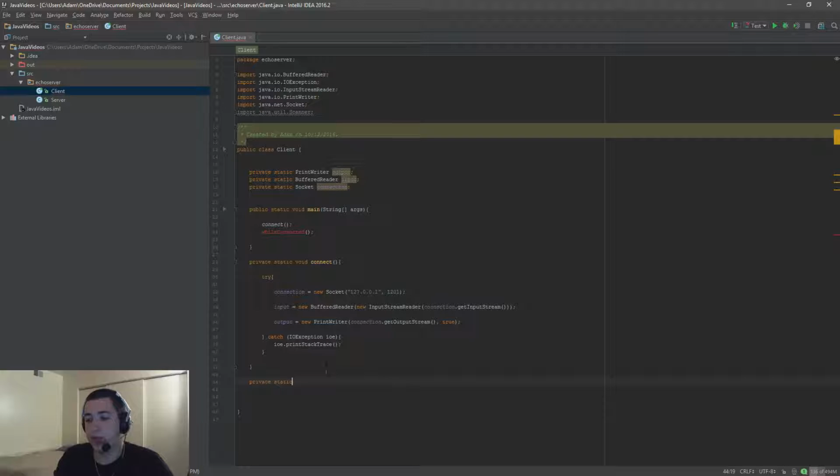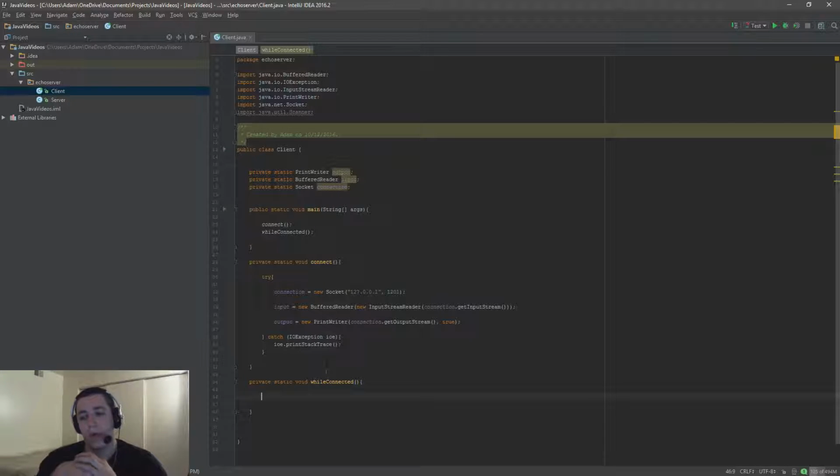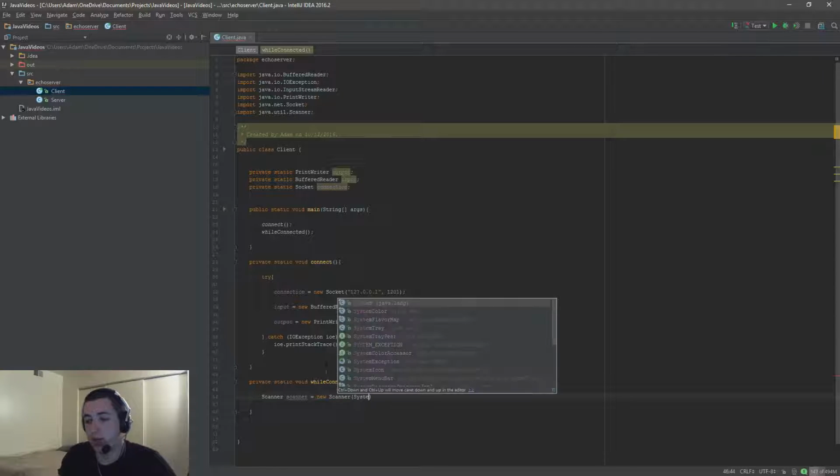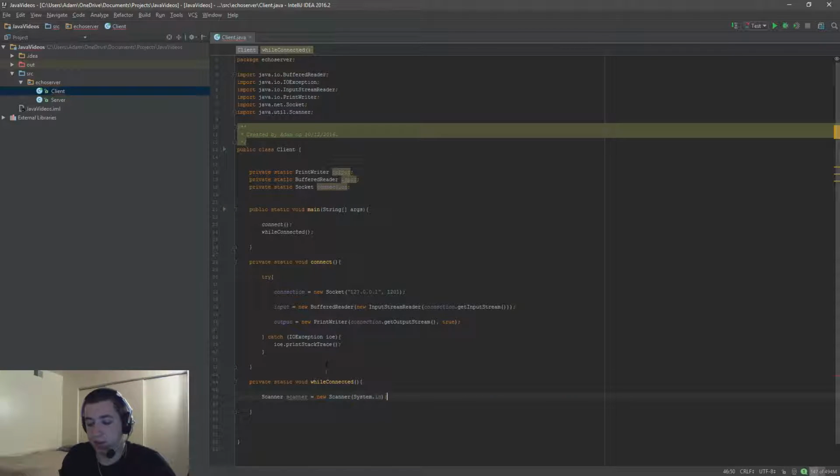So we'll say private static void while connected, right? No parameters because we're not taking anything in. And so we know that we want to be able to type a message and send that message to the server, right? So we need to create a way that we can get input from us, right? So we could do that using a scanner. So we'll say scanner equals new scanner, and then system.in,